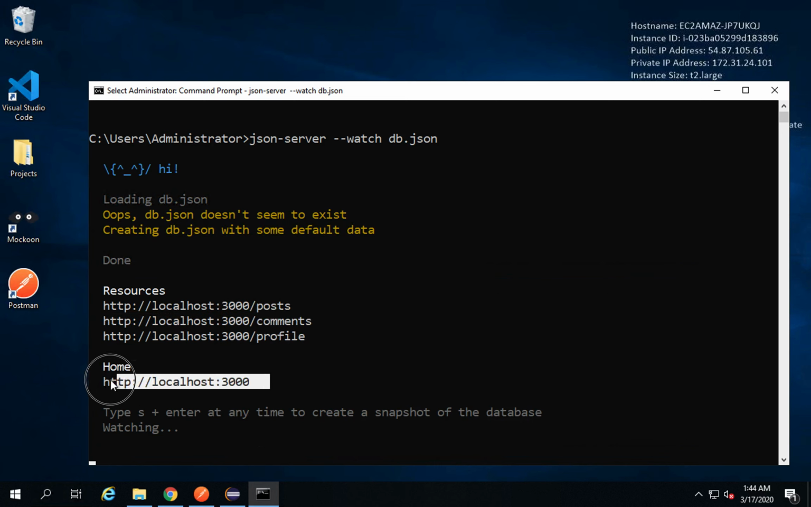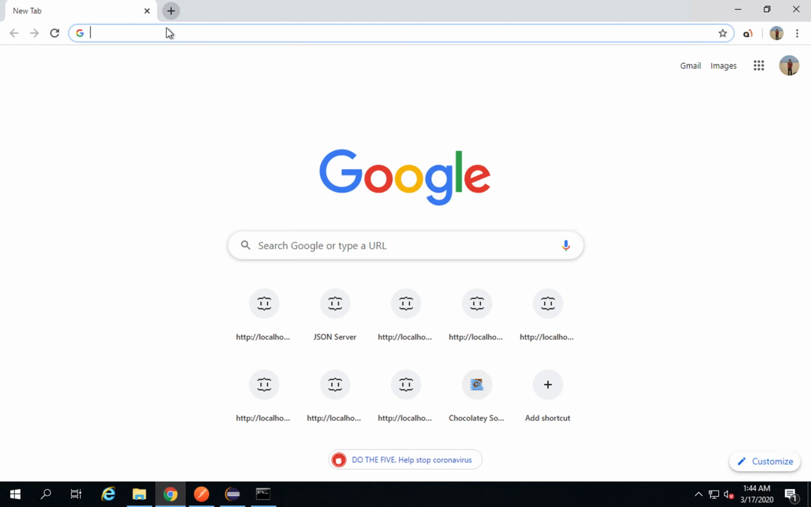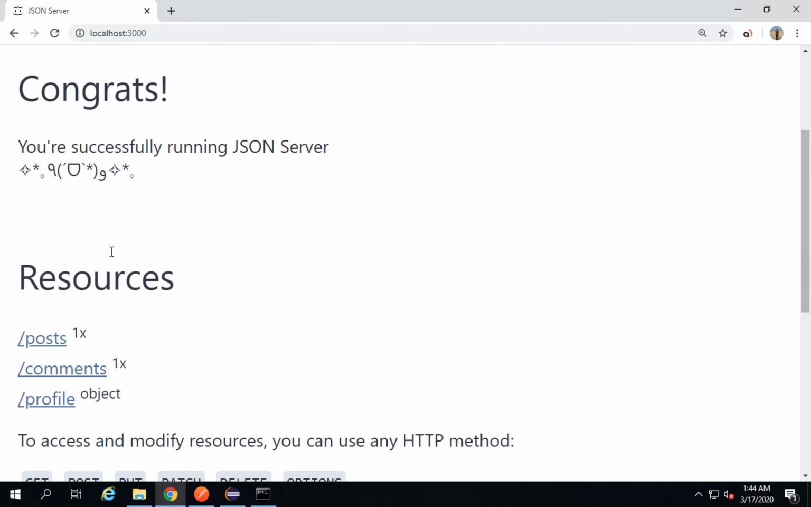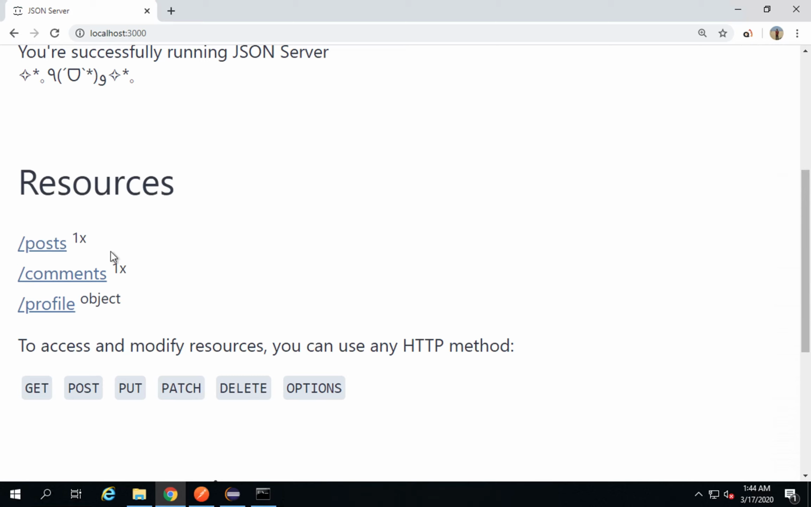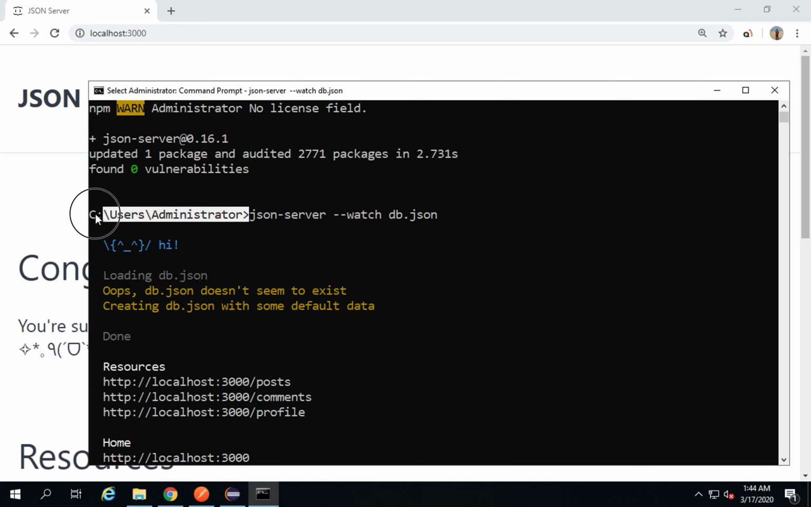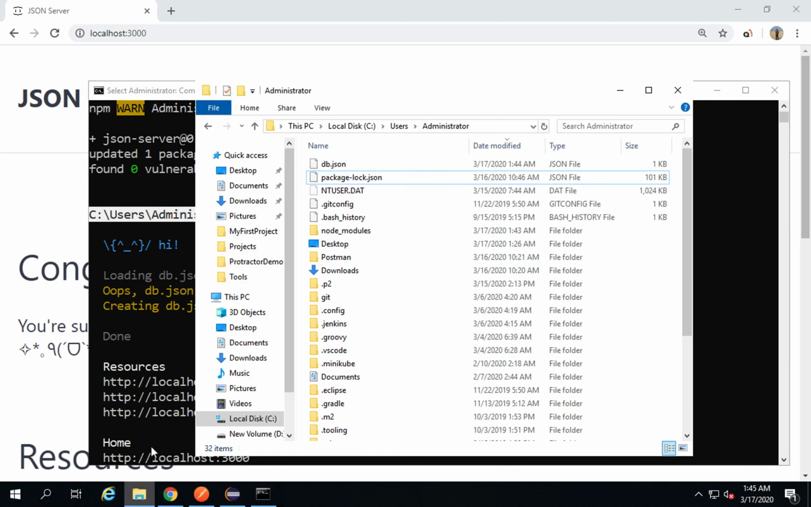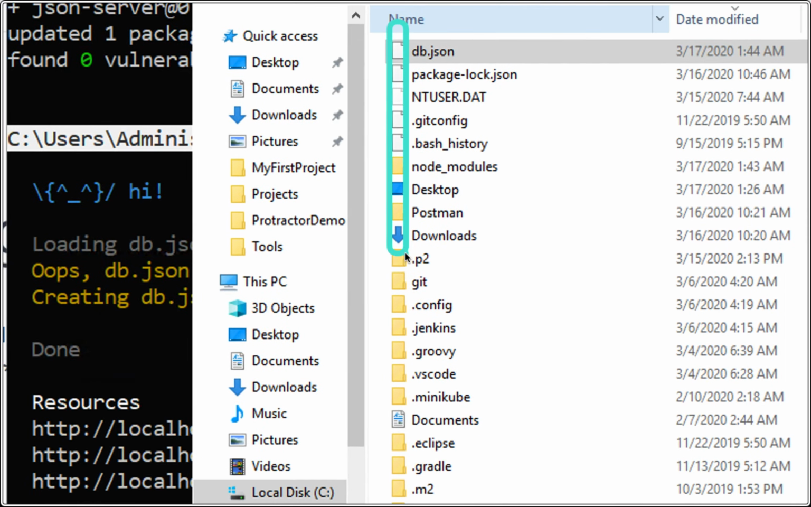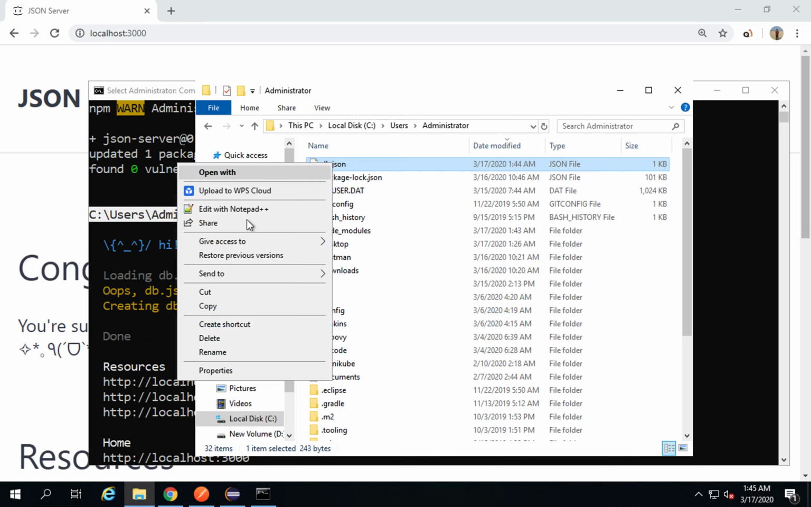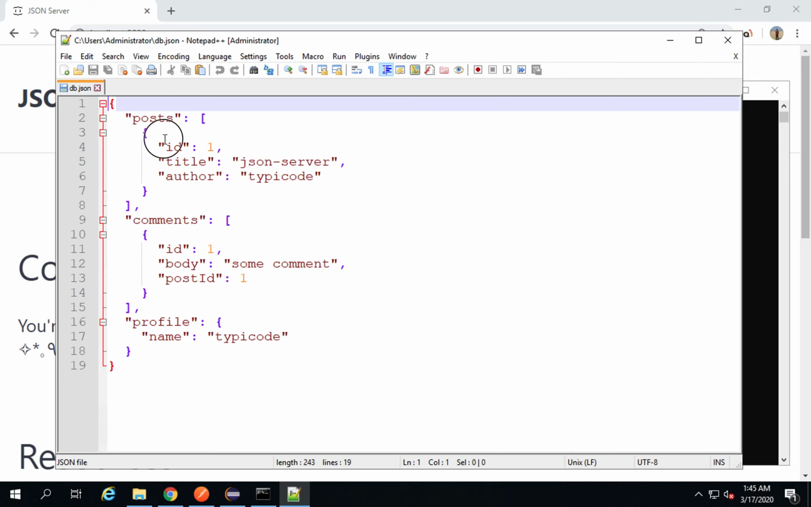Now you can see your server will be up at localhost 3000. If you go to your browser and go to localhost 3000, you can see some data here, and this is coming from the db.json file. To check the JSON file you can go to the same location from where you started the JSON server. In my case it is C users administrator. If I go to C users administrator, you can see I have this db.json file here, and if I open this in some editor like Notepad++,